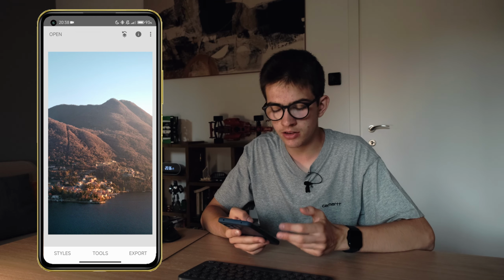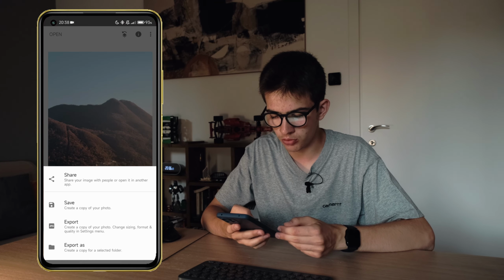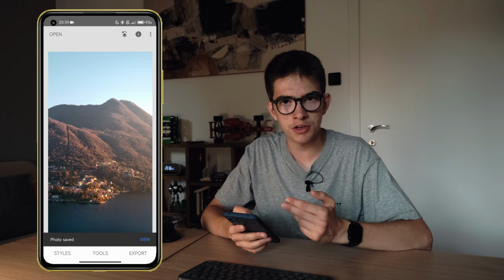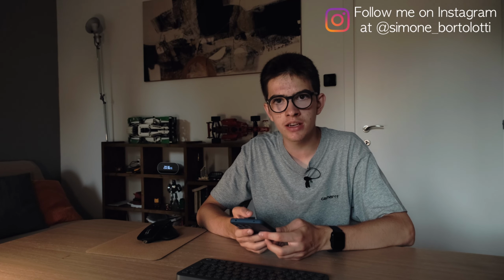Once you have edited your shot, you just need to click on export and go again on export or save, and it will automatically save your pic on your phone. As you have seen, Snapseed is an extremely simple app, and that's the reason why I chose it. I've been using it for the last 2 years and I found it extremely easy to use, so maybe most of you are going to like it and enjoy it, because it offers some nice and interesting tools and gives the opportunity to edit your shots almost instantly, and that's a great point of the app.